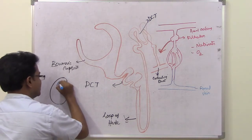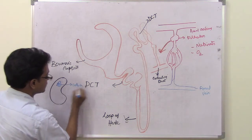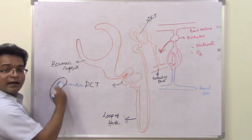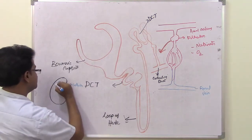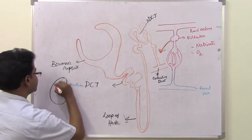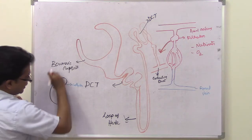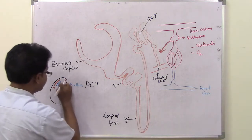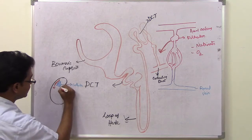These things, medulla. So they are made up of basically the collecting ducts. The loop of Henle usually ends here, and finally it is being collected. So the Bowman's capsule usually is here. That is in the cortex. Here you see, this is the cortex, right? So here you see Bowman's capsule, and they end up in this loop of Henle, and from here the collecting ducts from different Bowman's capsules come and collect, and here the urine